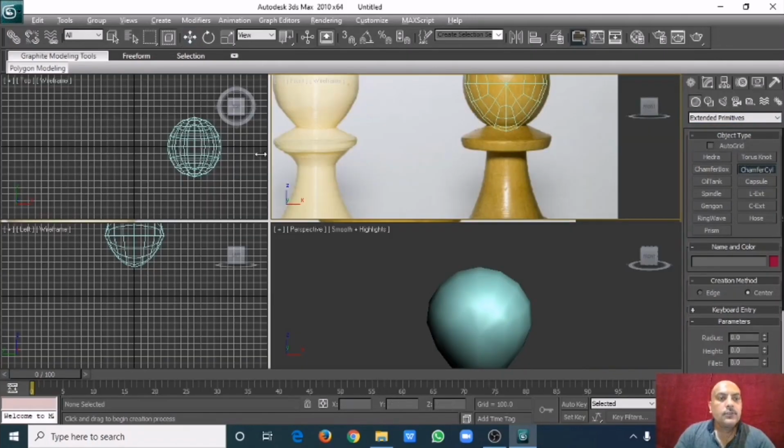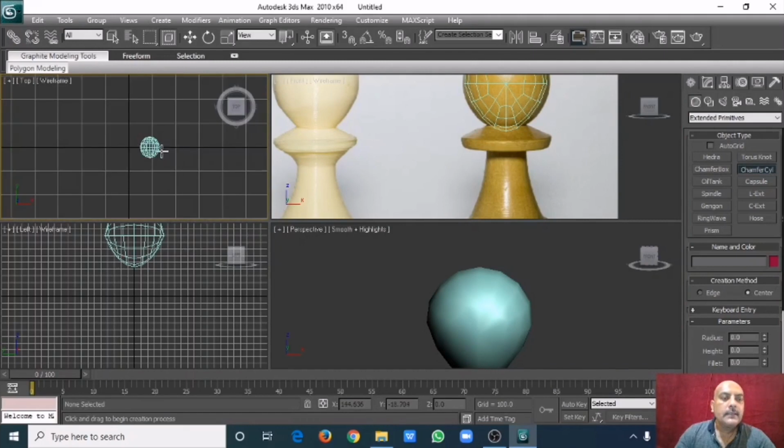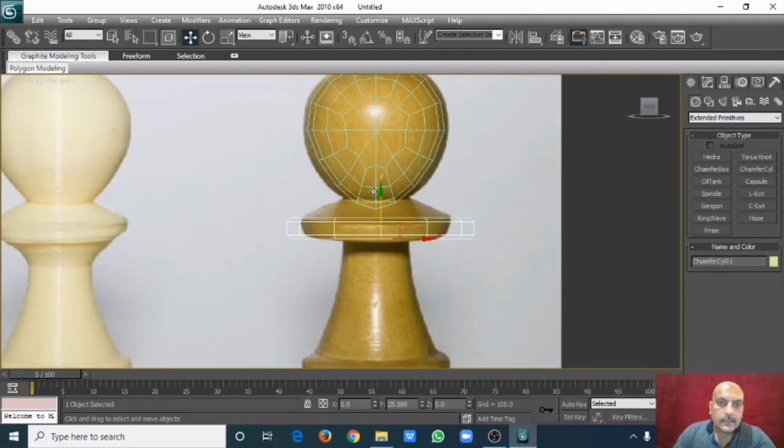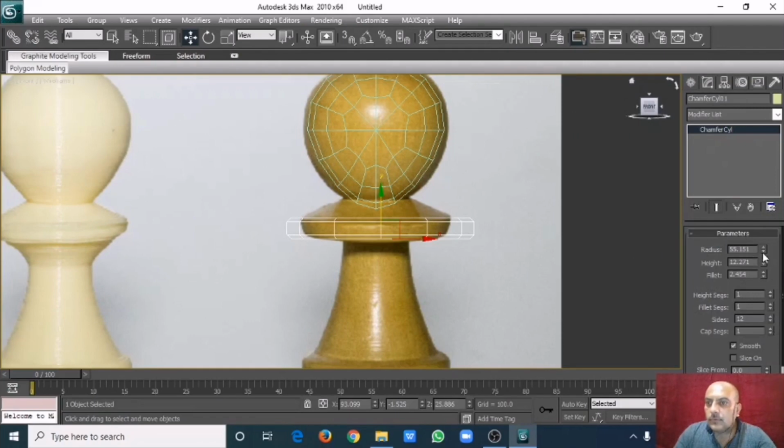Chamfer cylinder. In top view I will draw this cylinder, and I will see in front view also how much length it is taking, how much area it is spreading. That's it. Cylinder, but it is a little smaller, so make the radius a little bit lower. That's it. Now align it with this